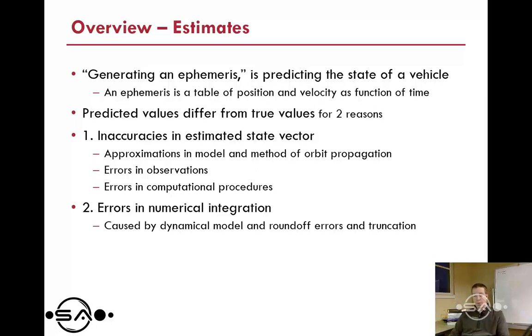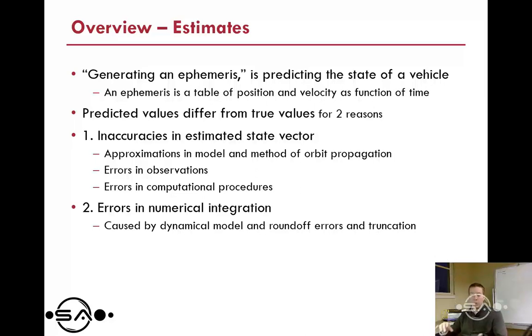So when we generate those ephemerides, obviously they're not always correct. Why are they not always correct? Well, really they differ for two reasons: some inaccuracy in the estimated state vector, and some error in the numerical integration. So we have position and velocity, right? Velocity is simply the derivative of position, same thing for acceleration. So when we're integrating, we may get some errors from the numerical process that we use. And in our estimated state